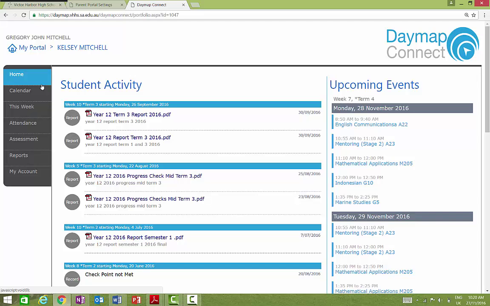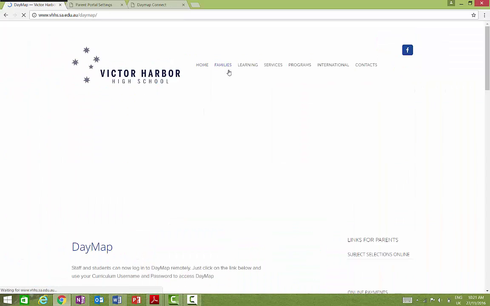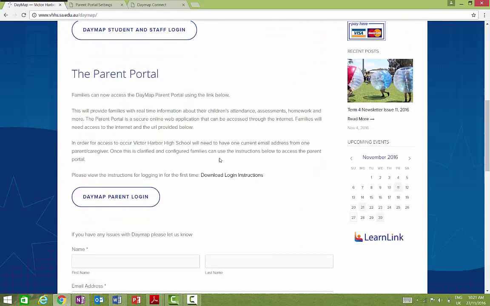Alright, so what I will do on that first page, there will be a request for any support with Daymap. Now, obviously, if you have issues getting on, generally what they are to do with is that you've changed your email address and haven't told us, or we've made a little typo with your email address. So those sort of things can be easily fixed. So if you do send a message via the parent portal, if you come back to the Daymap page there, like I said, that's where you send